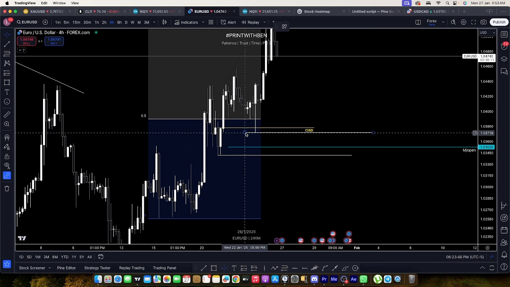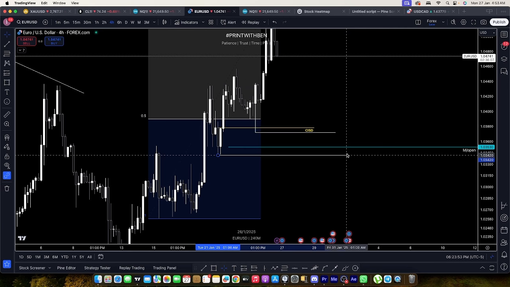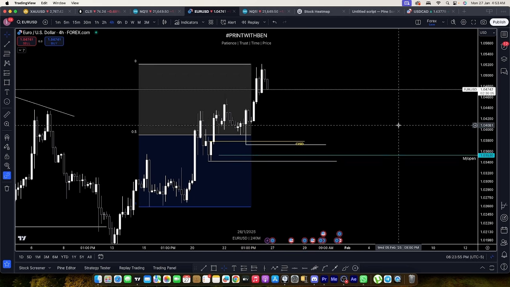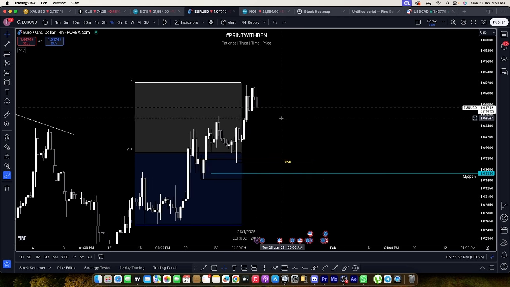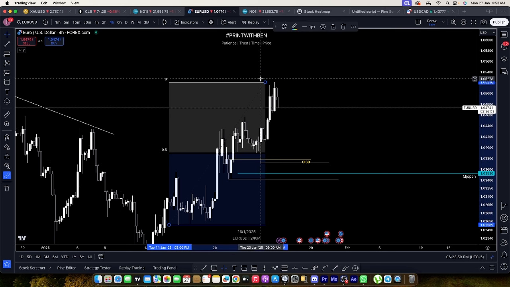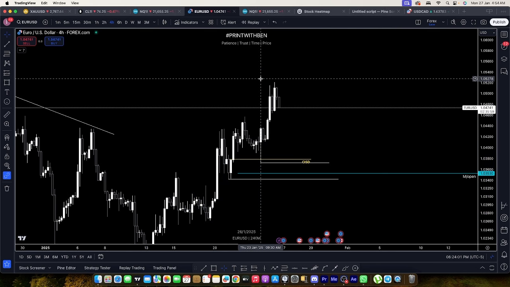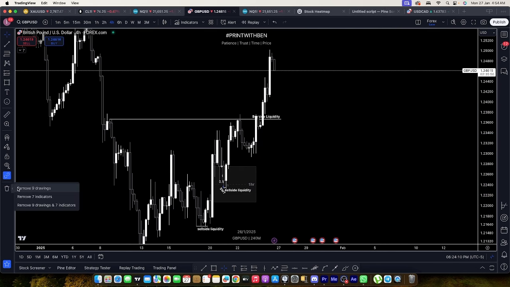These are the key levels that I would want to see. These are the key levels I'm planning to monitor as well. So based on the reaction that comes here, I'll either look for higher prices or probably I'll look for lower prices, depending on whatever I see, right? GBP USD. Clearing the charts out.